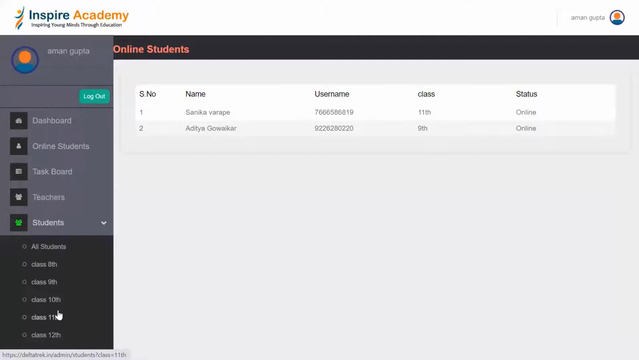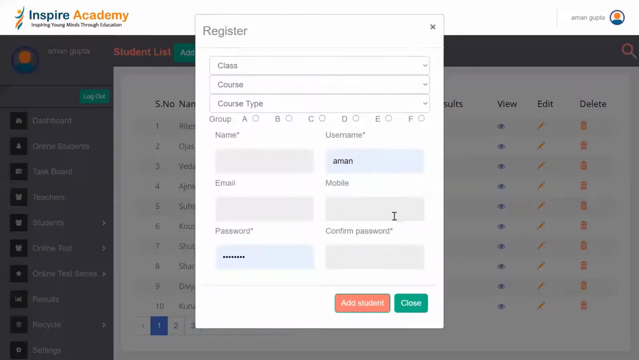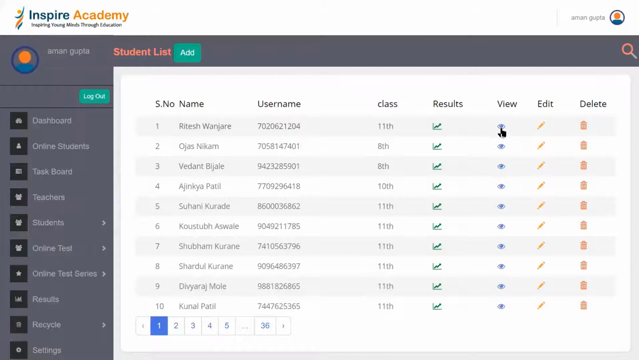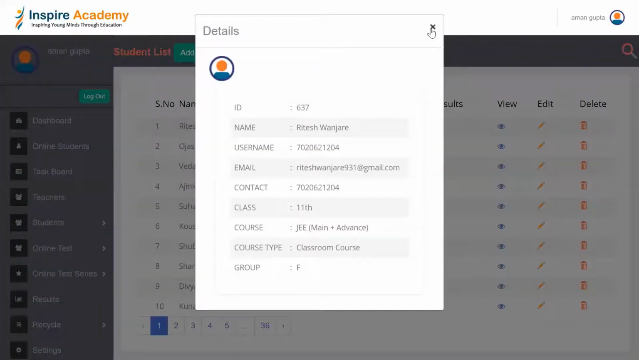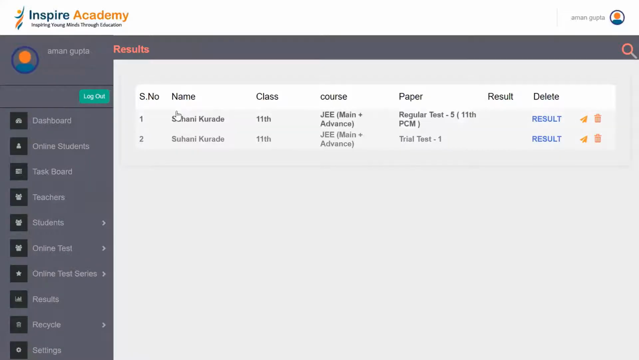There's a student section, so all classes of a student can be seen separately, and there's an all student section. Here we can add all the details of a student, and with the view button, we can view all the details of a student, and we can see in the result section all the results a student has appeared for till now. Then we can move to the